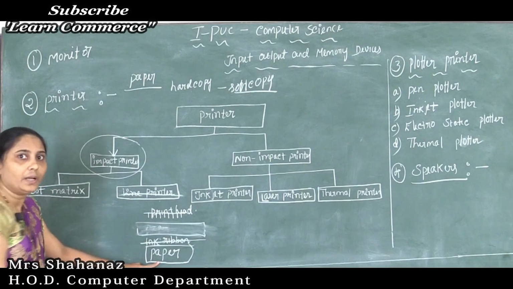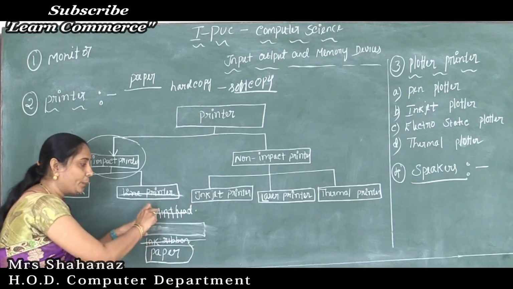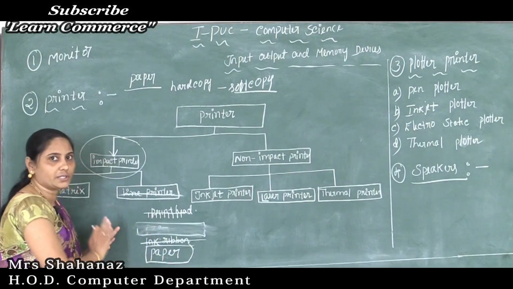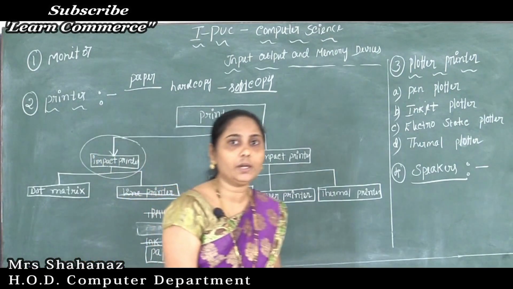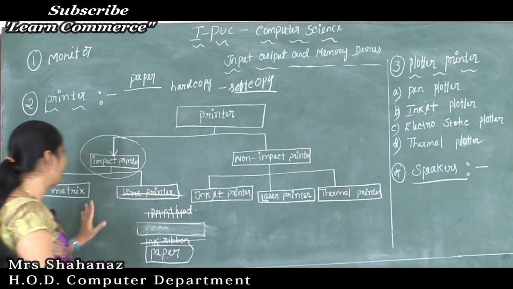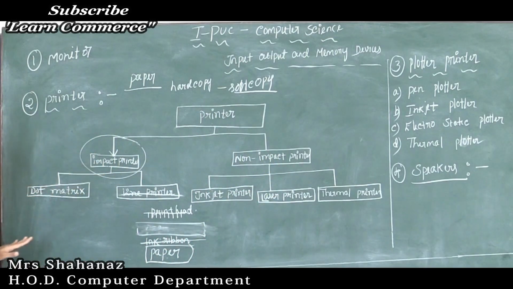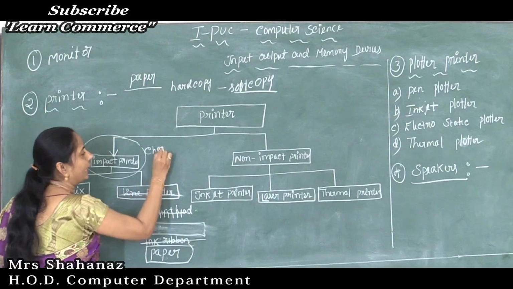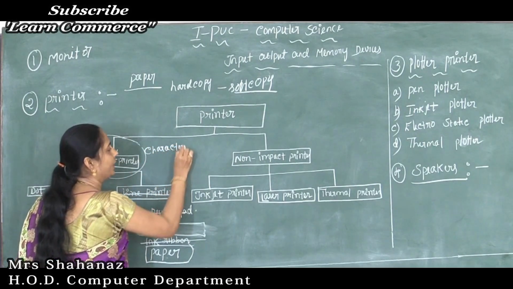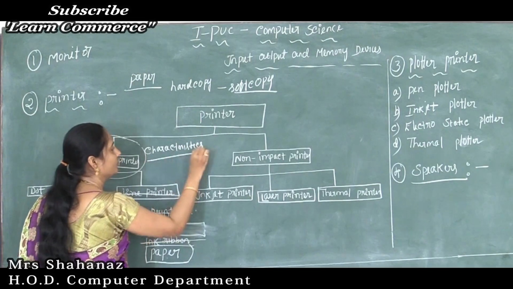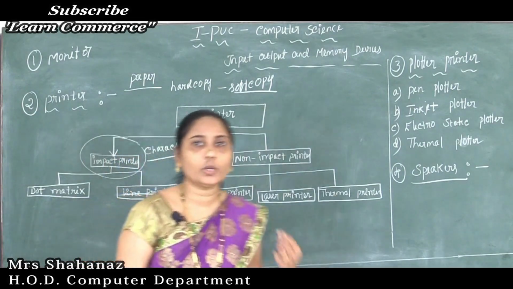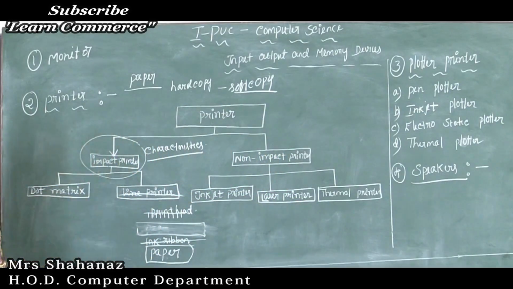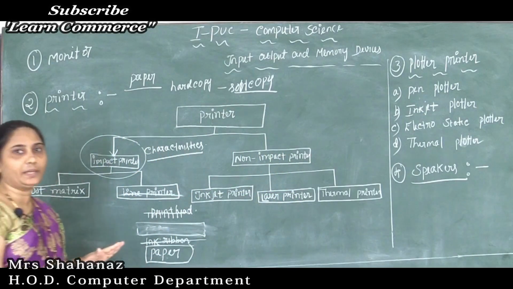The ink ribbon is located between print head and the paper. So clear this point here. So this is about our impact printer to produce an image. Okay. Now let's see some of the characteristics. I want to tell some of the characteristics of impact printers. So impact printer clear to everyone? Clear? Okay. Now the next one is about the characteristics of the impact printer.